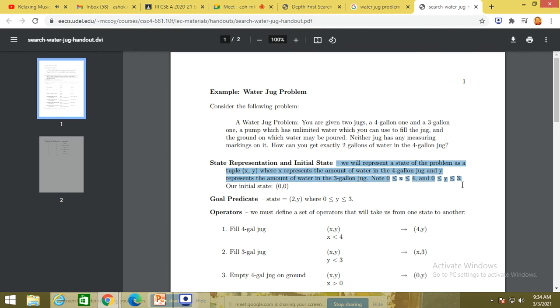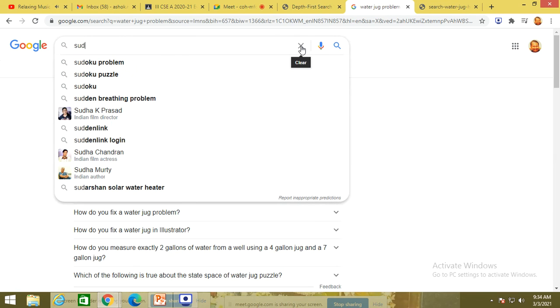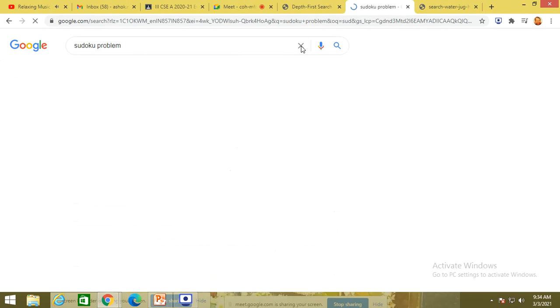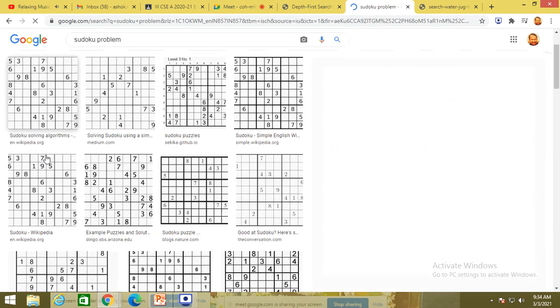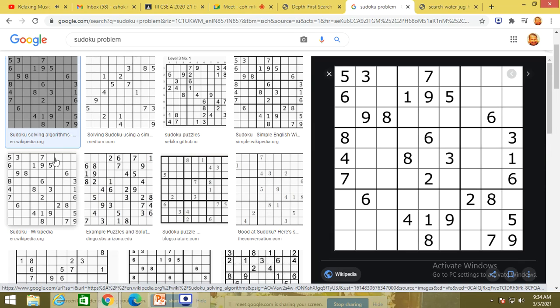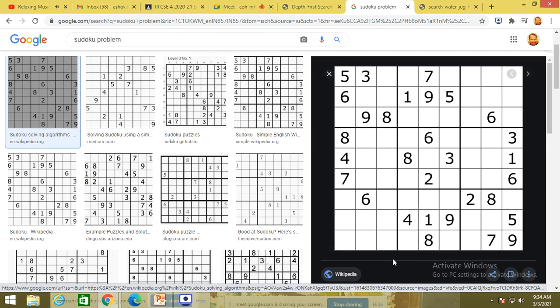Take a very simple Sudoku problem that you solve daily in The Hindu or any other newspapers. Depending upon your own approach, you will follow it. You won't stick to anything. So that would be the case. So to refresh with that, solve this problem that is visible to you now. I think you know how to solve this problem.